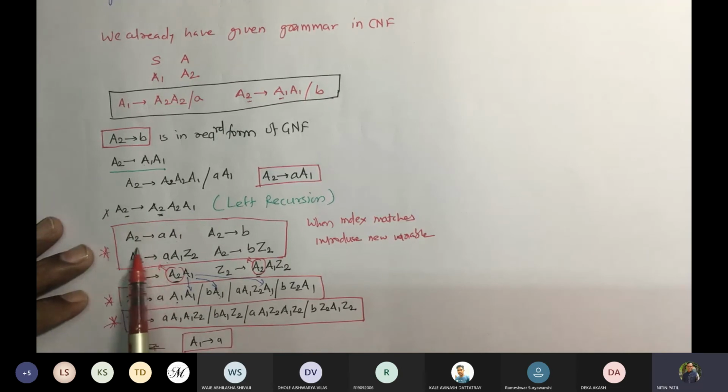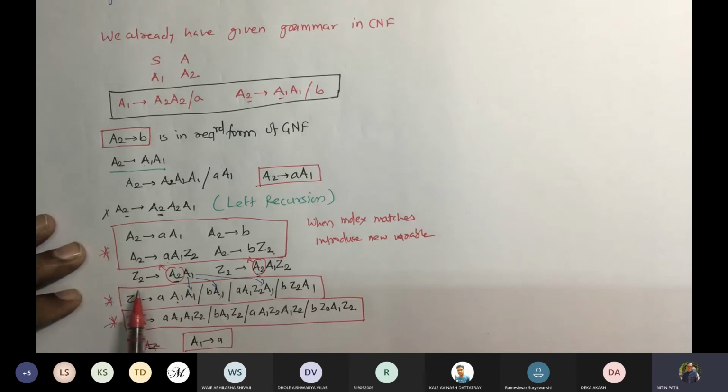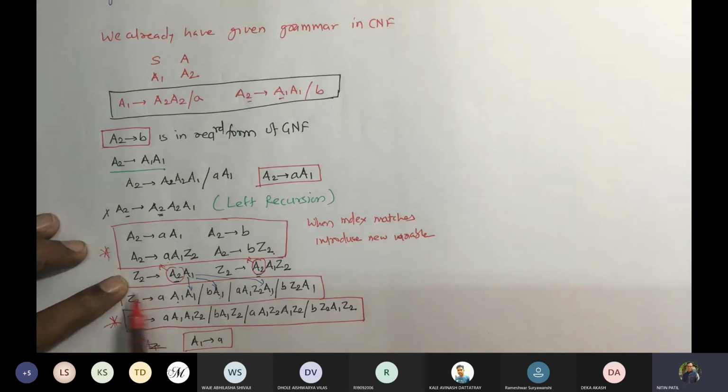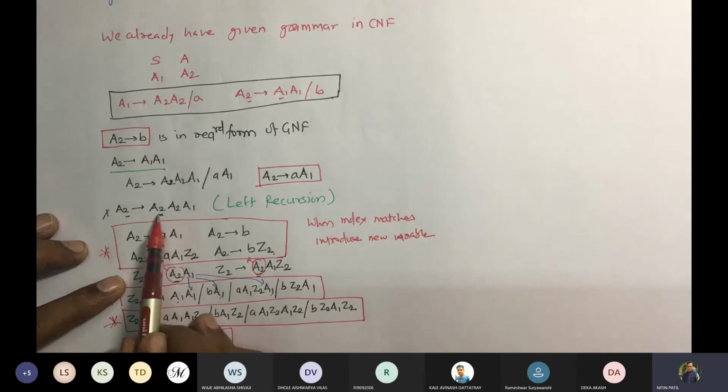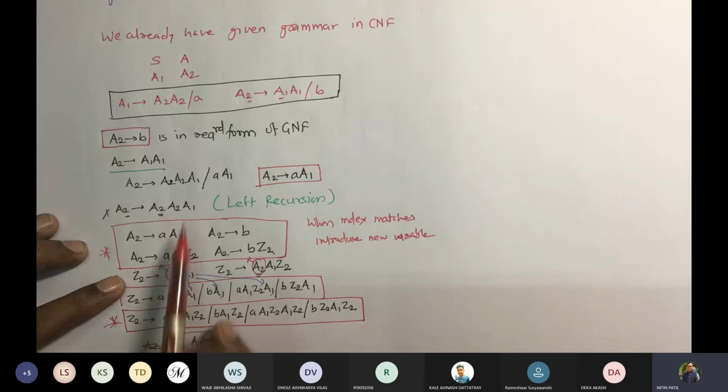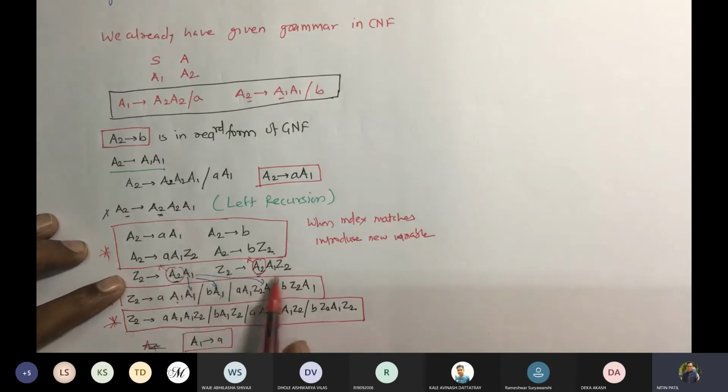Fine. So what we did was we wrote A2 values, and with the newly introduced variable, we rewrote these two productions as A1, and then we added Z2, B, and then Z2. So we got all these four productions now in the required form, which are marked with star. Then I will write productions for Z2, which is newly introduced variable. Z2 में क्या लिखा, जो बचा हुआ था यहाँ पर A2 को अगर रिमूव किया लेफ्ट रिकर्शन, तो ये बचा हुआ जो है वो लिख दिया. Along with it, I will write A2, A1, same thing, and then Z2.